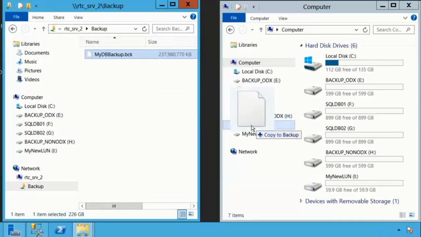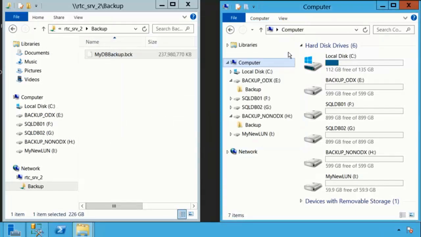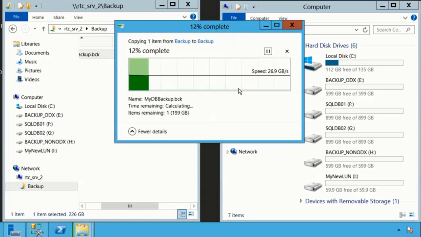So if I copy that file into a non-ODX capable device, I am saturating my network link. And I've got a gigabit interface, so I'm maxing that out at about 113 megabytes per second. That would take 35 minutes to run, right? Same file to now an ODX-capable storage device, and we're back to the speeds that we saw before,